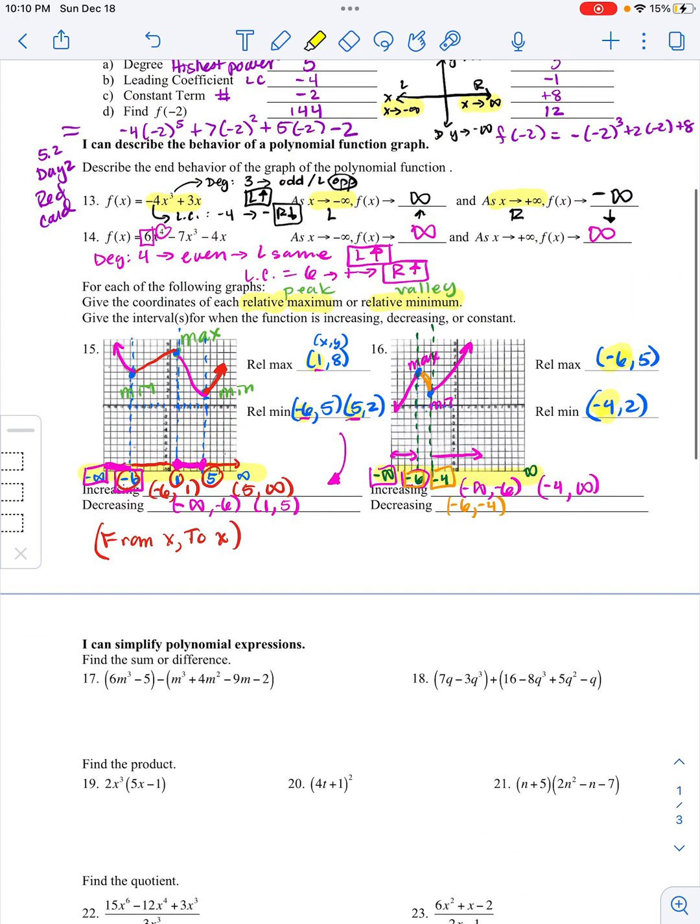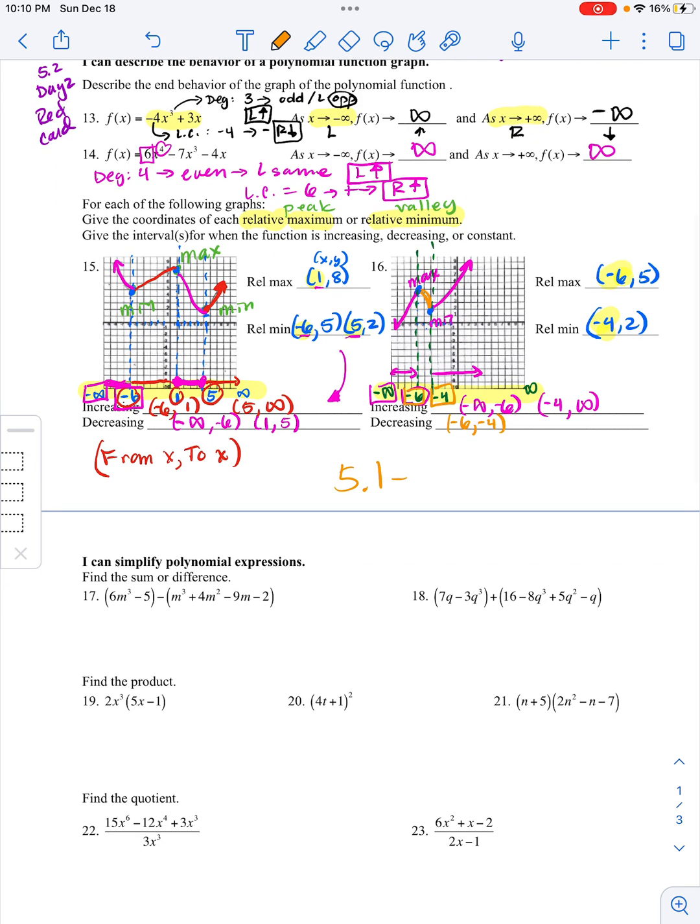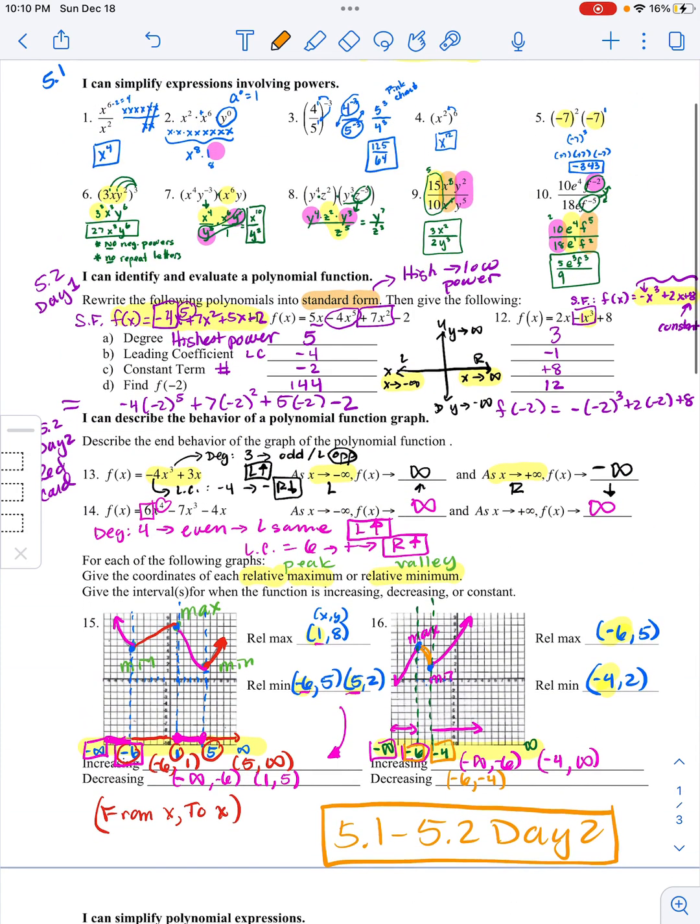So let's stop there. That's a good chunk. That was what was on the quiz. And 5.1, actually 5.3, was on the quiz also. But this is 5.1 through 5.2 day 2. So let's stop there, and then we'll tackle the back of it tomorrow so that we can really let it all sink in. Anything that I put on here, did on here, said on here that you want on your red card, make sure